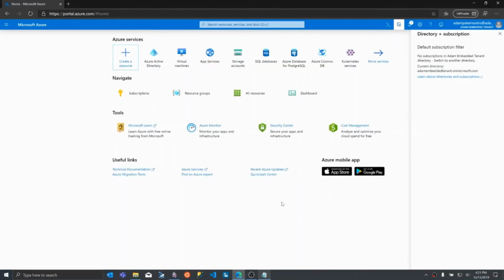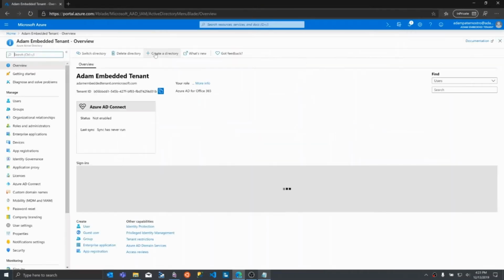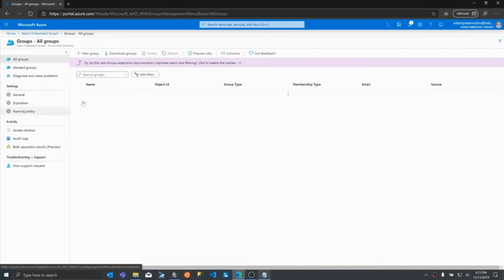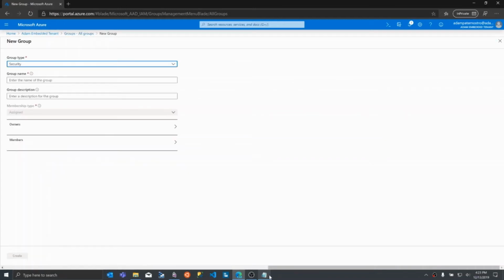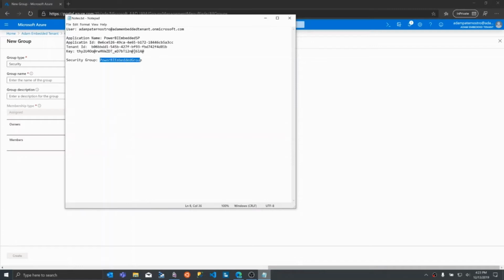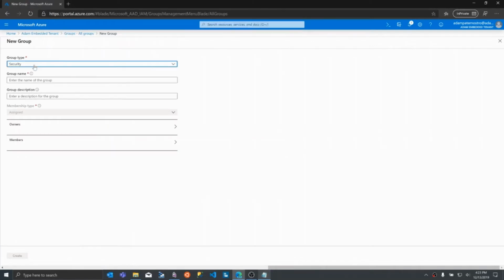Okay, so the next task we're going to do is create a security group. This is going to make managing some of the Power BI's features easier. So I'm going to go to the tenant and I'm going to pick groups. I'm going to create a new group. So the group I'm going to create is Power BI Embedded group, security. I'm going to group name, group description,